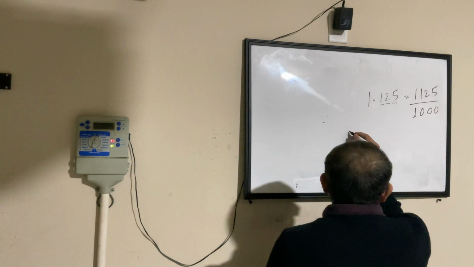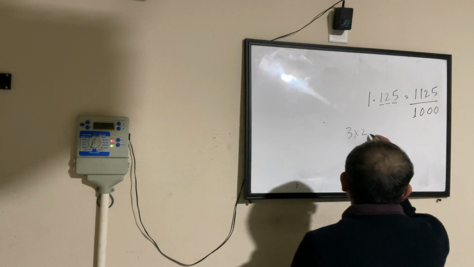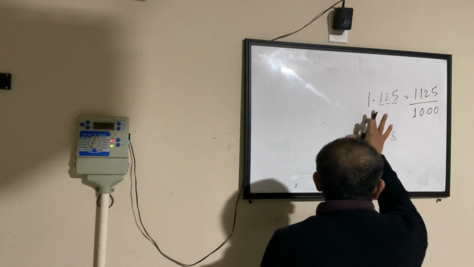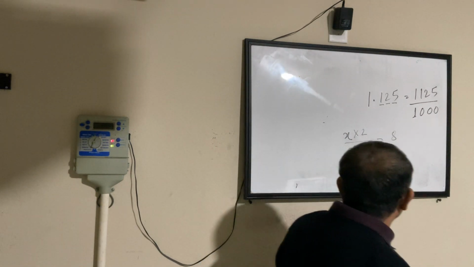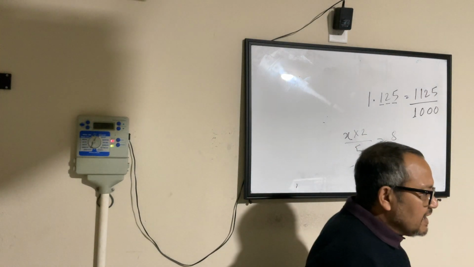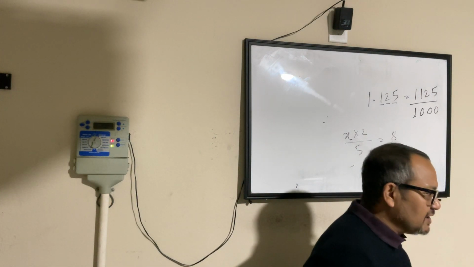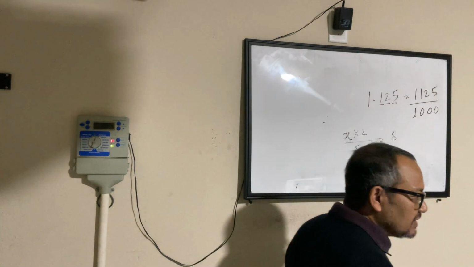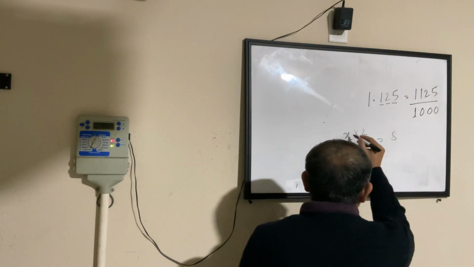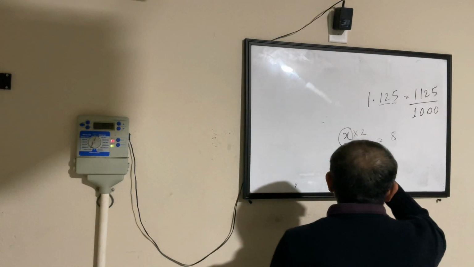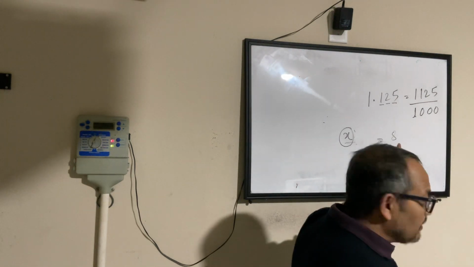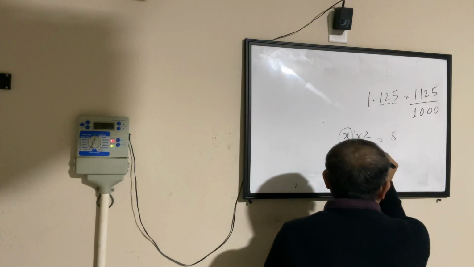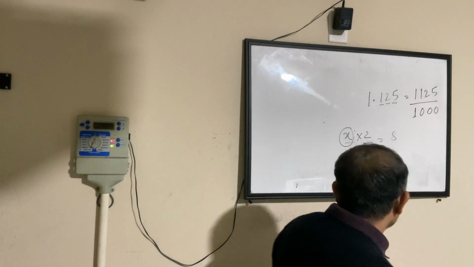Okay. Let's say I have 3 into 2 by 5 equal to 8. I'll not say 3, let's say x. x into 2 by 5 equal to 8. If I have to find out the value of x, what do I need? I need x equal to what? Correct? What I need is to keep x here and everything else should disappear, and that is how I get the value of x. Right? But I don't have that yet. This is what I have. So in the next step,